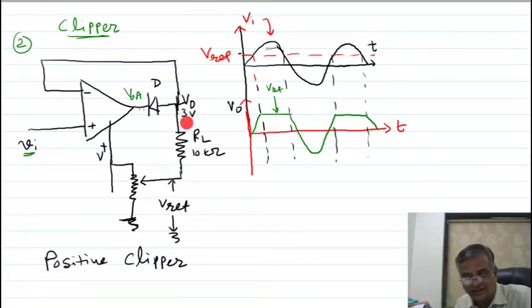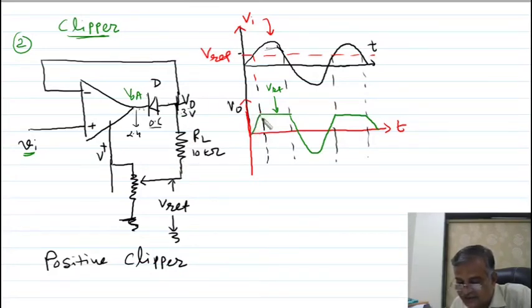Up to how much voltage? Up to 3. Actually I should say 2.4, because the diode voltage drop is 0.6. Generally we say that when this voltage is up to 2.4, the diode is in forward bias, so current will flow in this section. As the current flows, voltage is developed across it.